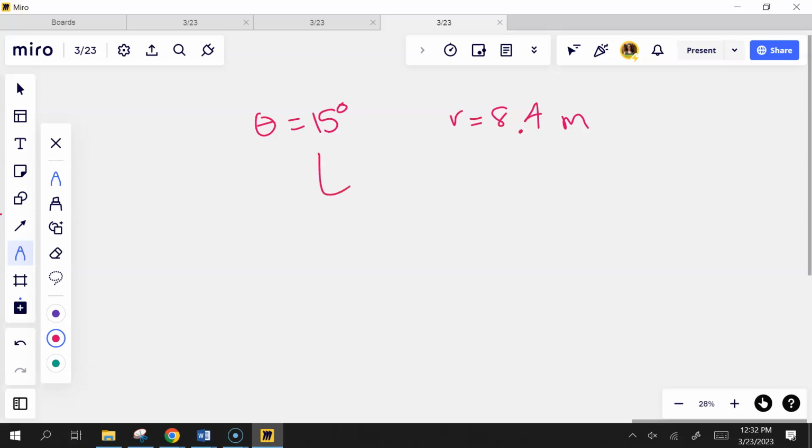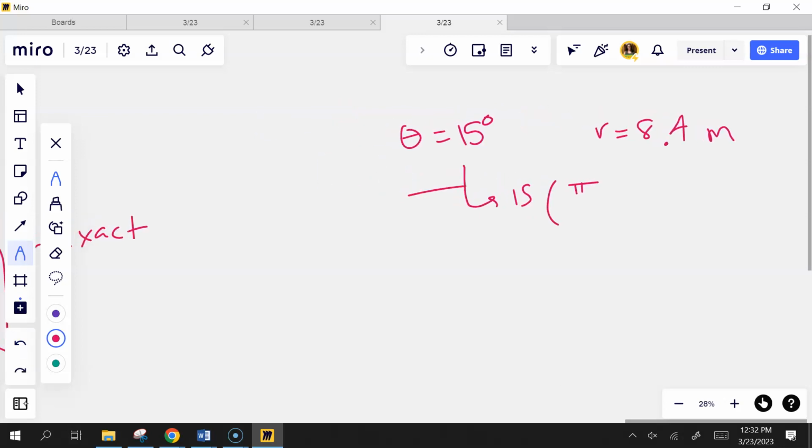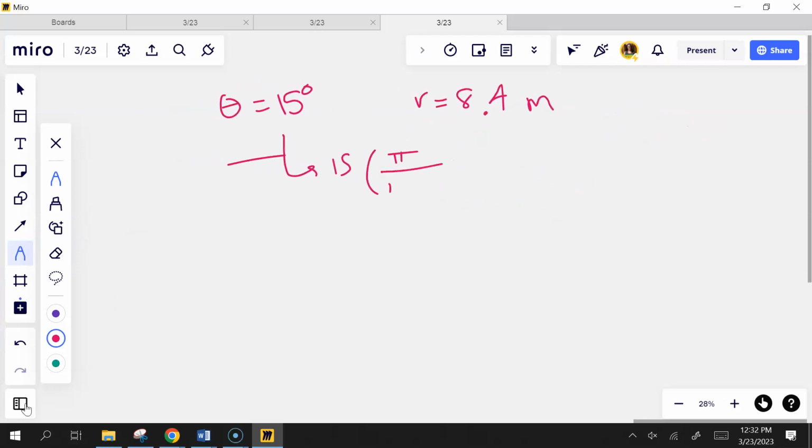So I'm going to do 15 times pi over, here's my little trick again. Watch if you don't know little fraction tricks. What can I divide both 15 and 180 by? I know I can do 5, and that would give me 3 and... Let me show you how I would do it if I didn't have a calculator. 5 goes into both, 3, 6, and then I'd go up. Now I can divide them again, 3, 12 down here, so I'd get pi over